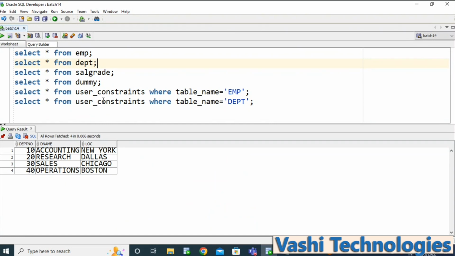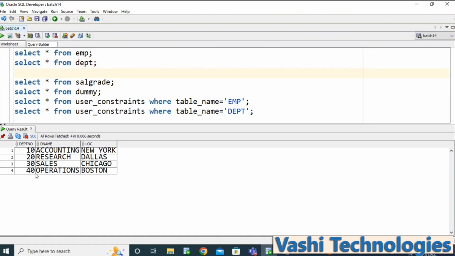So there may be a chance of a relation between these two tables, I mean, using these two columns. Using this column, you may link these two tables. So now you are able to identify it, since you have only 4 columns in one table and 10 columns in another table.